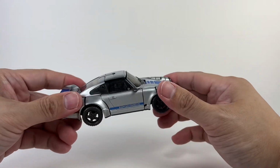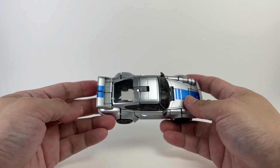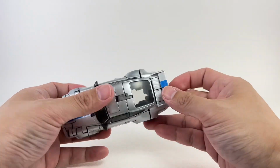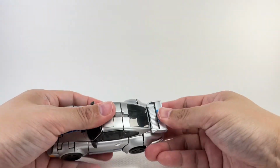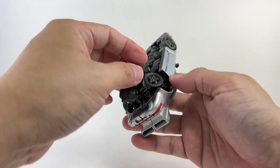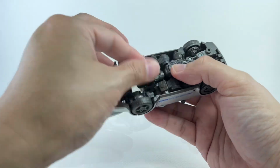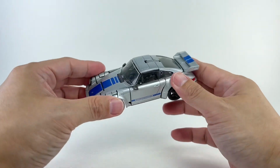And that's that. That is essentially the car mode of Mirage. And you can see how much gaps. I mean, don't people measure things? Okay, and then the weapon will slot in here. I thought that was nice that you could slot in that weapon and cover up all the empty spaces, but